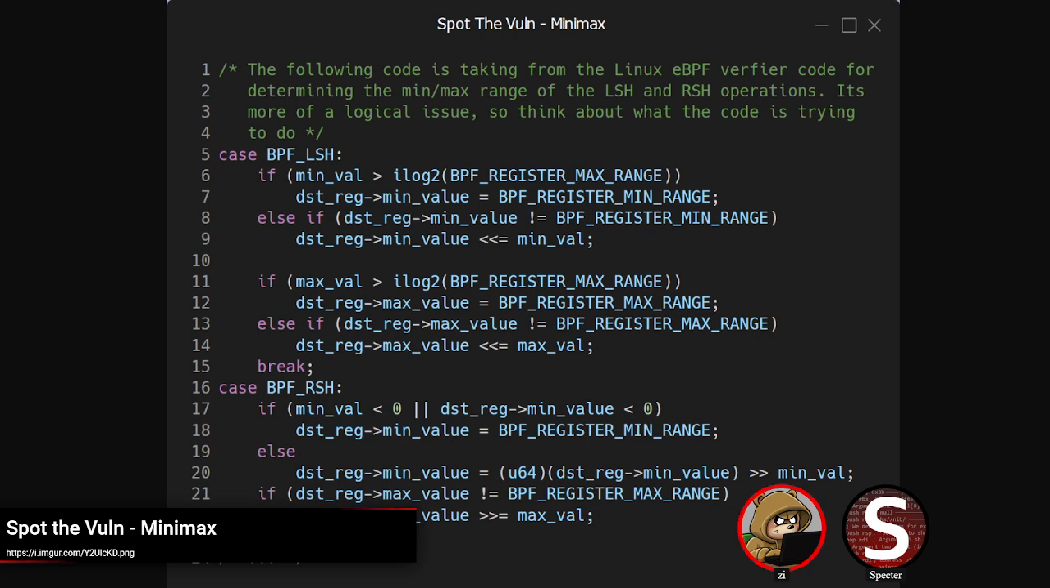But so the spot the vuln code, technically it is a binary issue. But at least to spot this bug, it's very much just look at what logically this should be doing when it's trying to calculate these min values and max values. So the LSH code is all correct, and I'm just going to walk through it here very quickly. We've got the case BPF LSH, and as it's going through, it has its edge case, and then when it's trying to calculate what is the minimum possible result of doing the BPF, and I guess I should